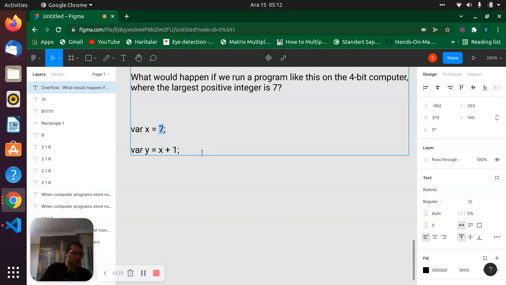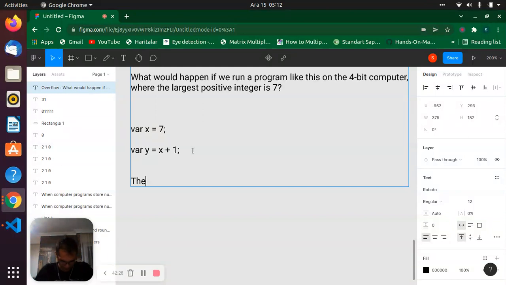Now if overflow of the numbers comes, then we have some problem. Anyway, I will write, you will see. The computer can store the variable x just fine, really just fine, because 7 is already there. Okay, fine. But